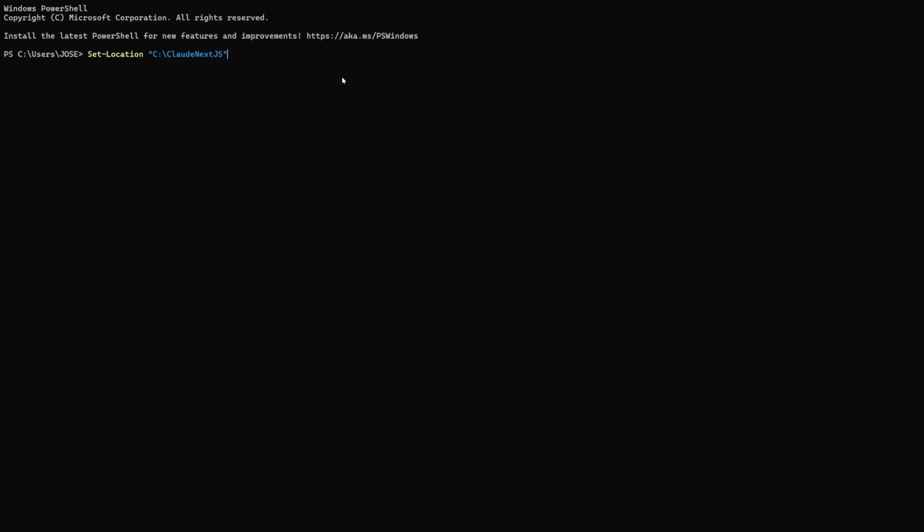Next, you will create your Next.js 15 application. Type npx create-next-app@15 myClaudeApp -t in your command line. This command initializes a new Next.js application named myClaudeApp with TypeScript support. The process may take a moment as the necessary files and dependencies are installed. Once completed, change your working directory to the newly created app by executing Set-Location